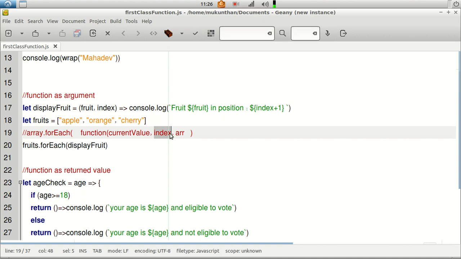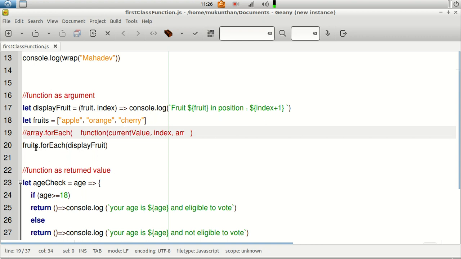You can refer to anything you want. For example, you can refer only to the current value so that you get each and every value for every iteration. Or let's say you want the current value along with the index, you can get it. Or let's say you want both, but you also want to see the total array every time, even that you can do. But in most scenarios you will be getting the current value. In some scenarios you will be getting the current value plus the index.